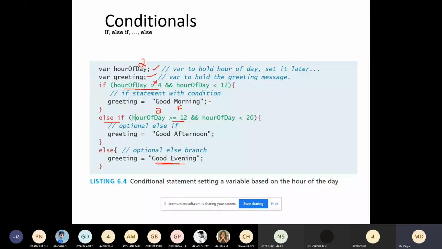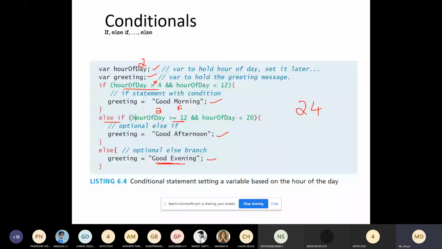So this is meant for displaying three greeting messages: good morning, good afternoon, and good evening. You have to give it in terms of 24 hour format. So you can see here, it holds the hours of the date and sets it later.